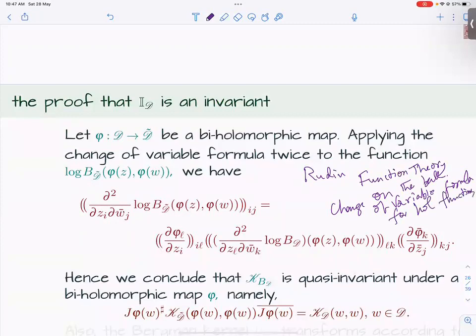It's on page 17, 18, something like that. So please believe me that if you just use the change of variable formula and nothing more, what you will find is that